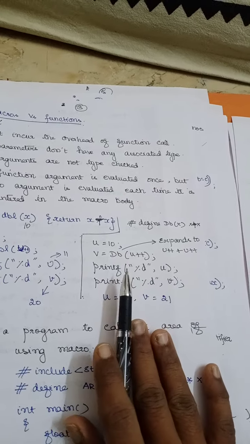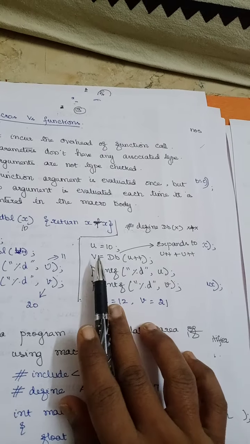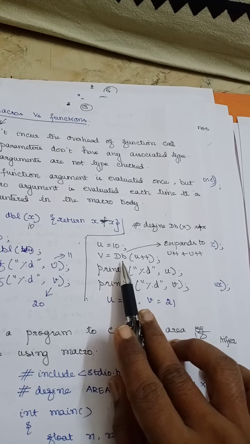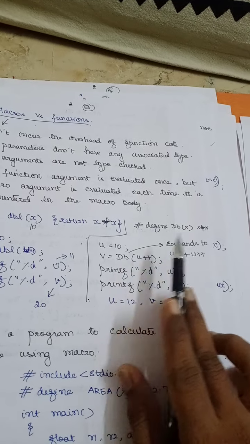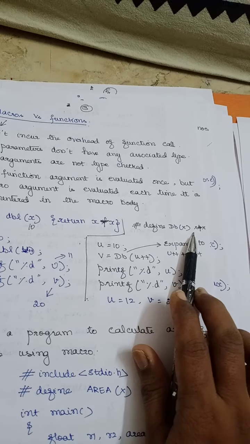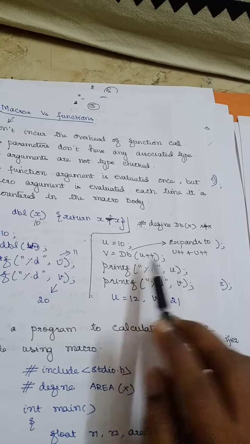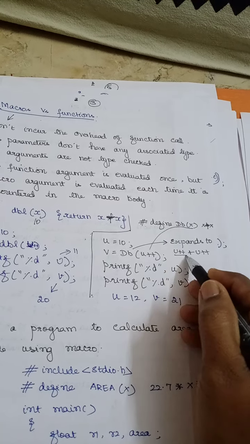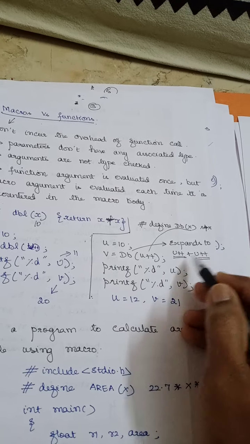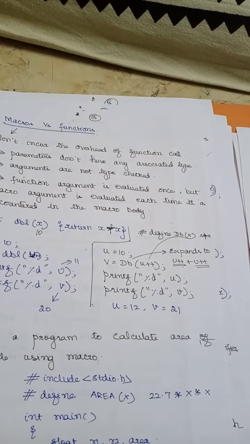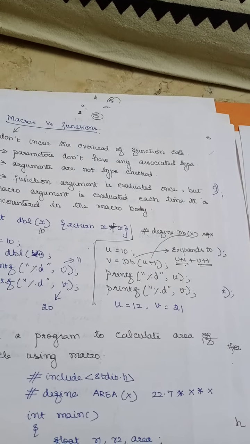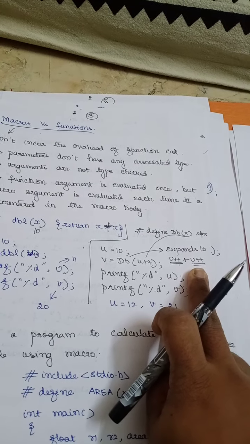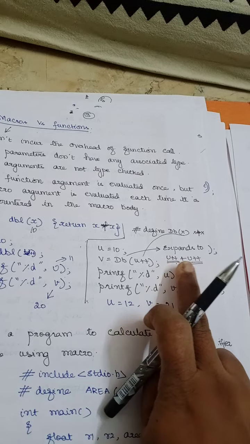Now in the case of macros, what happens? u equal to 10, and double, this is going to be the macro. So wherever you have a macro, that will be expanded to what? Here the expansion will be x plus x. So what is my x here? This u plus plus is going to be my x. So wherever I have x, in that place I am going to have u plus plus. Is that clear? So just substituting, in the place of x I am going to use u plus plus. Similarly in the place of the second x I am going to have u plus plus. So u plus plus plus u plus plus.